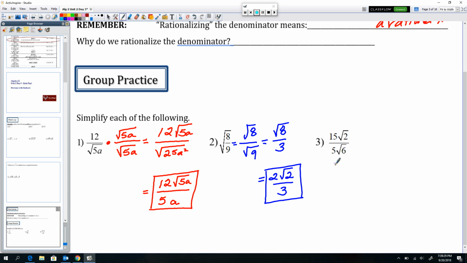You could also look at and carry the 15 and the 5 all the way through the problem. But you can also see that the 15 and the 5 can be reduced immediately. Either way is fine. If you reduce the 15 and the 5 as your first step or as one of your last steps, that's fine as long as it gets done. But to save paper, I'm going to go ahead and do that now. So I'm going to take care of this 15 and this 5 and reduce that fraction down to 3 over 1. So that I'm simply dealing with a 3 times the square root of 2 over the square root of